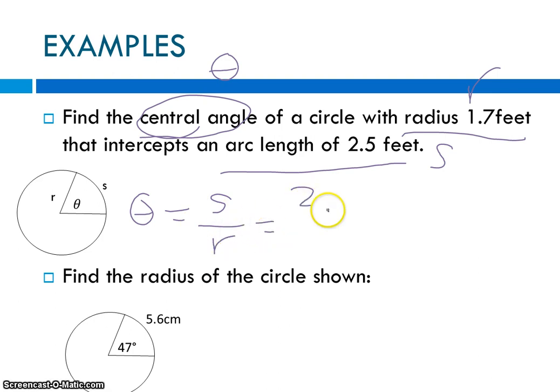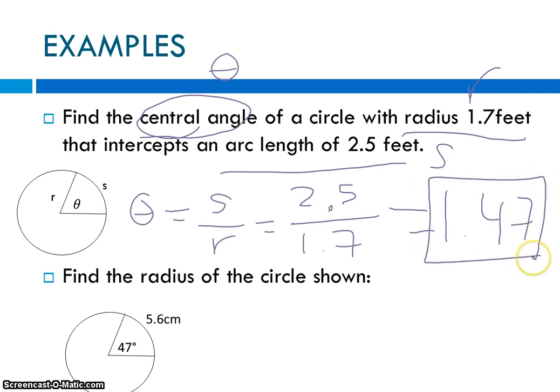S is 2.5 feet, and my r is 1.7 feet. It's the same unit, so I don't need to do any unit conversions. When I divide 2.5 over 1.7, I get 1.47, and these are radians